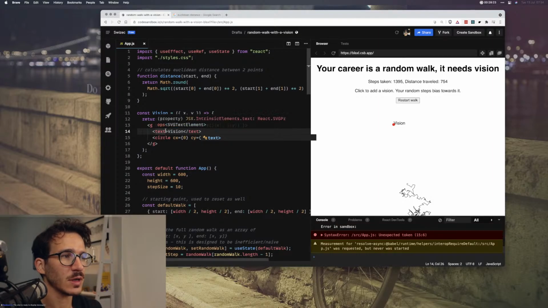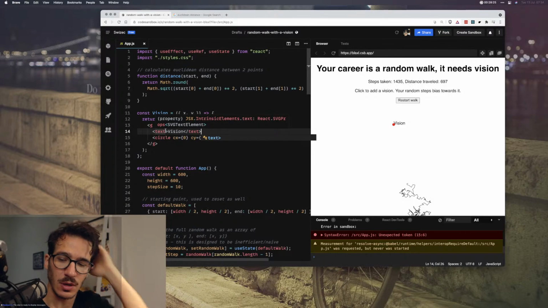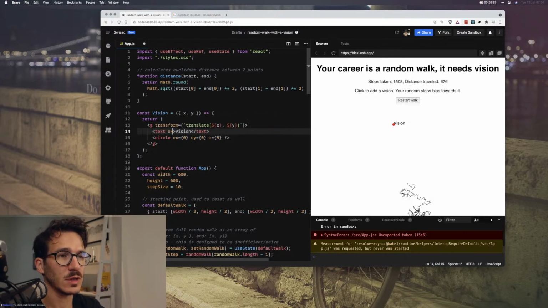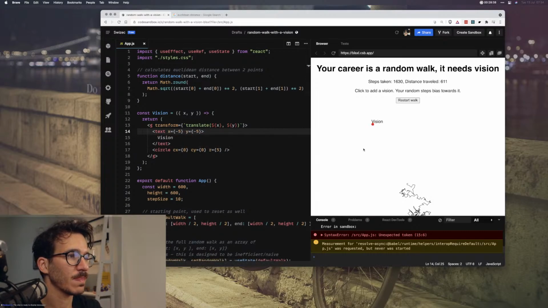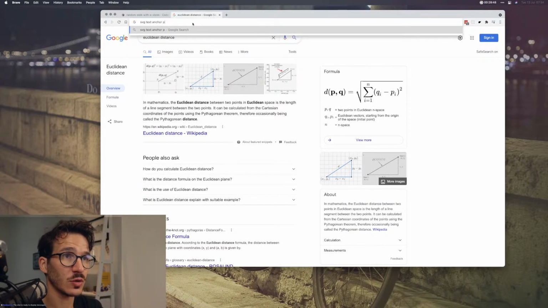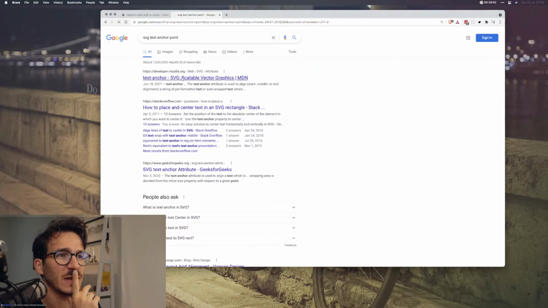So now this text needs to be repositioned a little bit. So we're gonna say x equals -5. No, that's y. Y equals -5. Or actually, we can just make the anchor point in the middle. Let me look up how that works. SVG text anchor point, because I always forget the syntax.